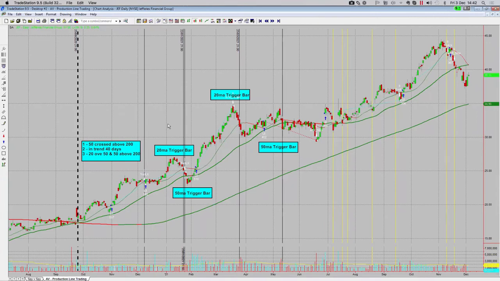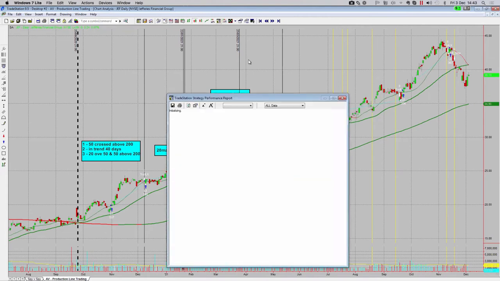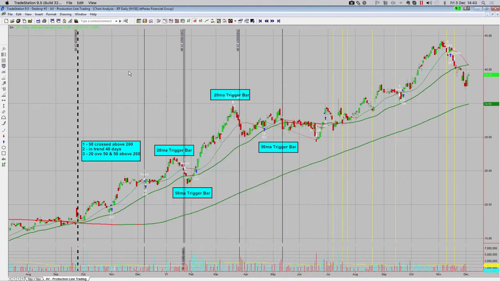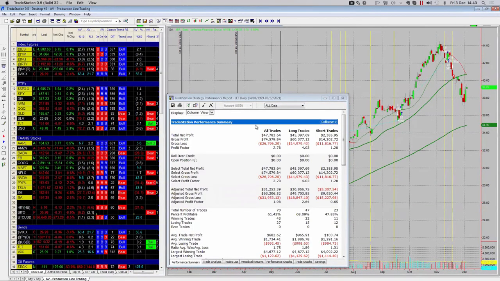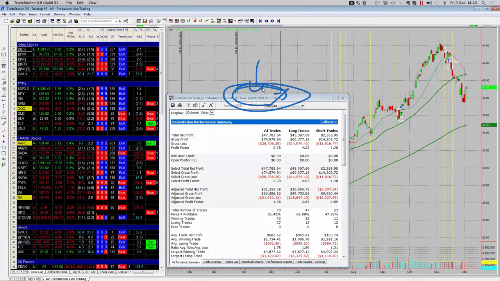I've been teaching this for many, many years. There are a few nuances, but if we didn't want any discretion whatsoever, the management of the trade has now been coded in. Let's look at the reports. This software creates a performance report. What I want you to note is I'm not cherry picking a year. This is going back from 1999, or as much data as we've got.